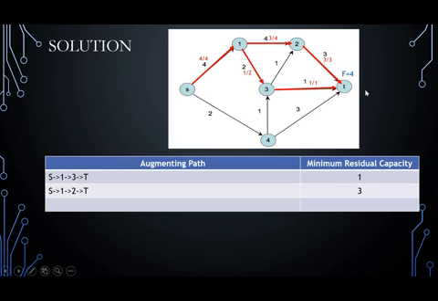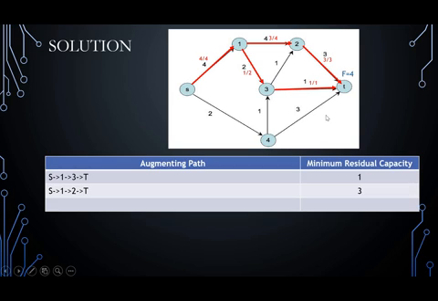So make a note of 3 and update the maximum flow. Earlier it was 1. 1 plus 3 becomes 4. So update the residual capacities. Here 4 was the capacity, 4 is completely utilized. Here 4 was the capacity, 3 is utilized, 1 more can be moved. Here 3 was the maximum capacity, 3 is also allowed. Okay. Next,